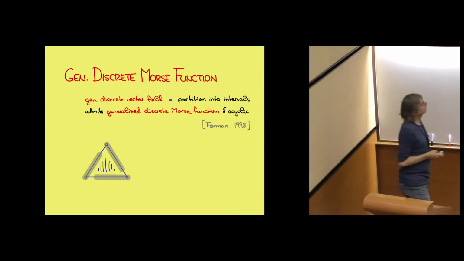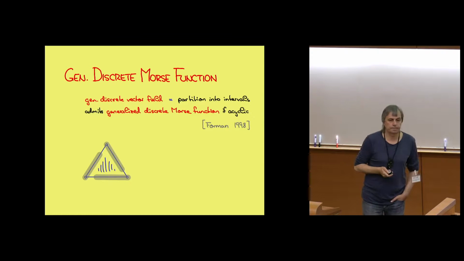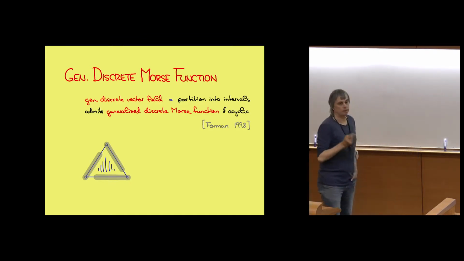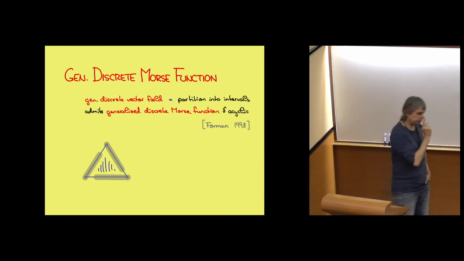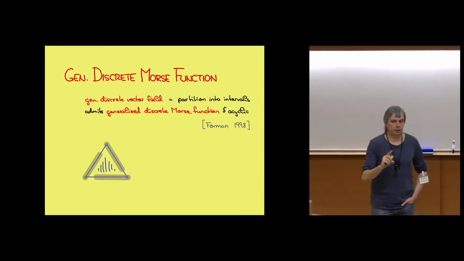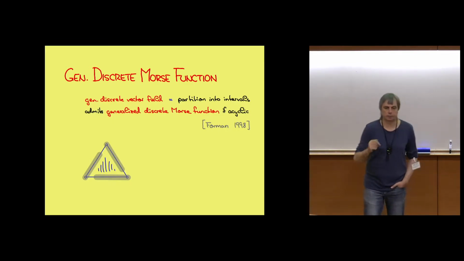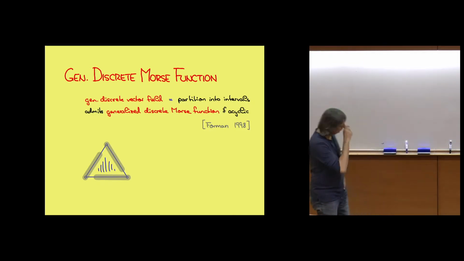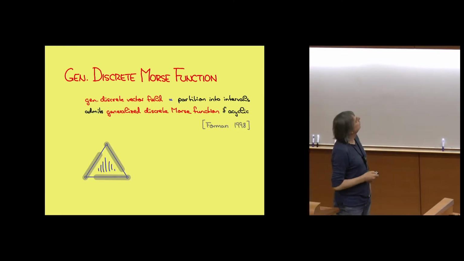Here I have a simplicial complex, just a triangle with 3 edges and 3 vertices. My intervals are vertex-edge pairs as colored, and the triangle is itself an interval. By the way, I forgot to mention, if there's an interval in your partition which has only one element, then the simplex is called a critical simplex. It's perfectly allowed, and critical simplices play a special role, so we'll pay attention to them a little bit later. Okay, so I have this particular partition into intervals.